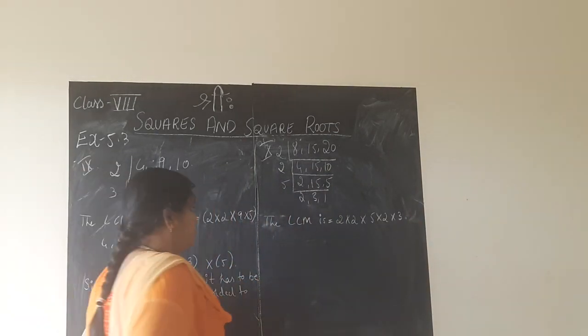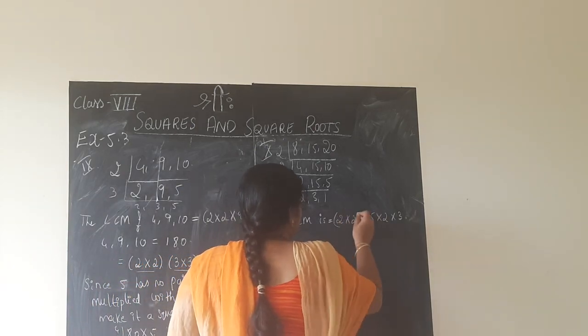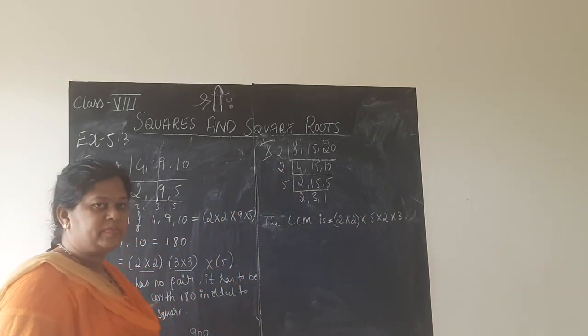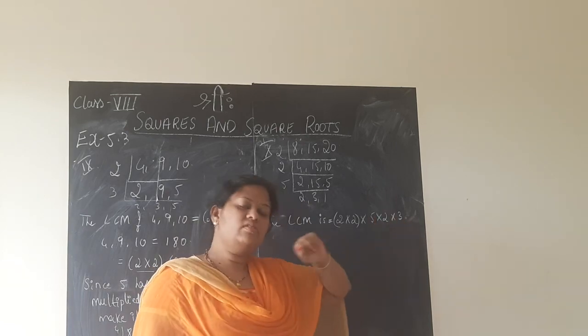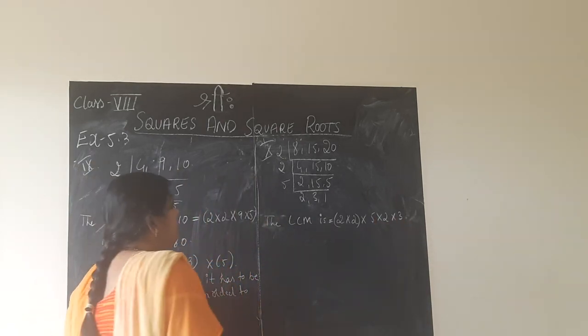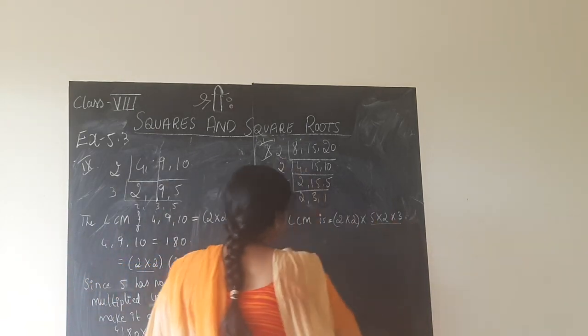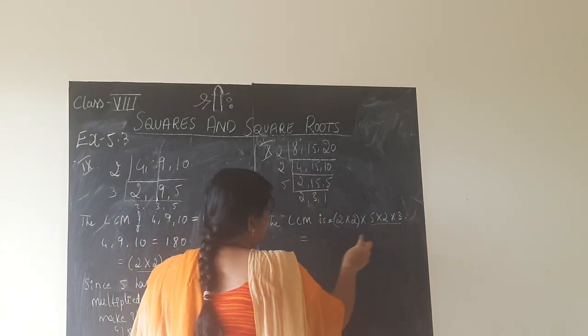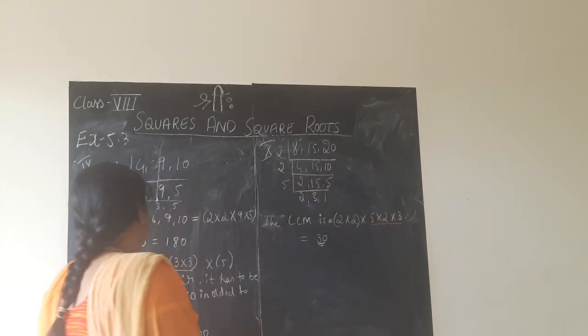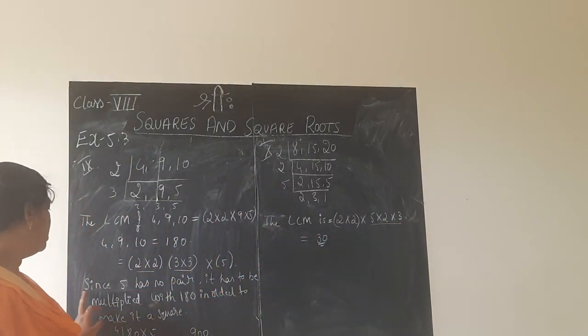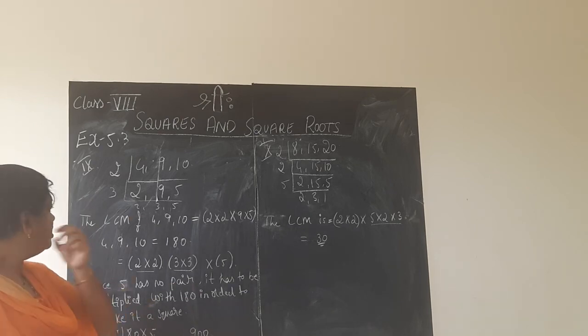Now if you observe, children, 2 and 2 are in pair. This 2 is single, this 5 is single and this 3 also is single. What you get on multiplying these 3, you check. 5 2s are 10, 10 3s are 30. So as we got 5 here, children, we are getting 30 here.